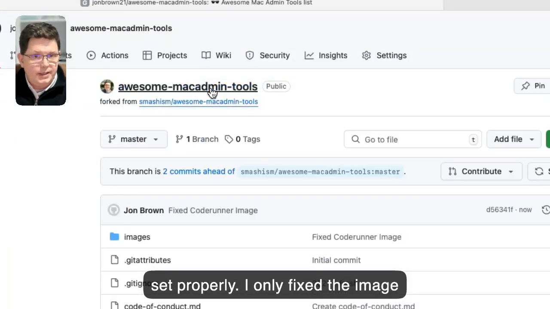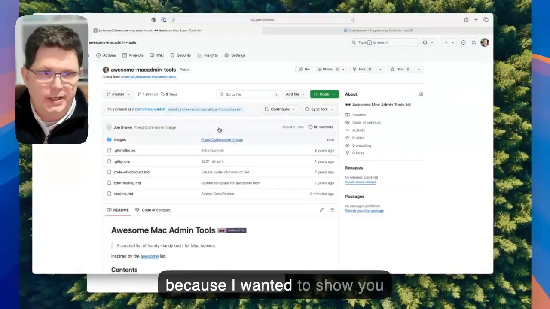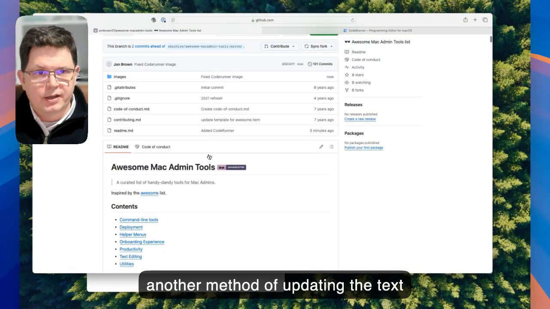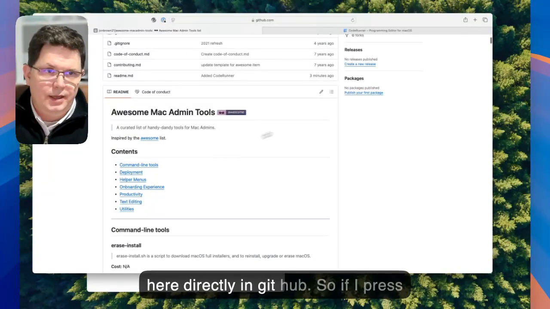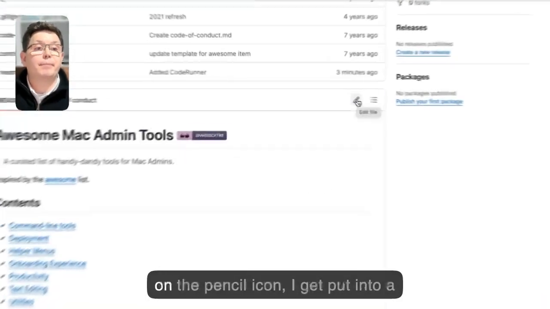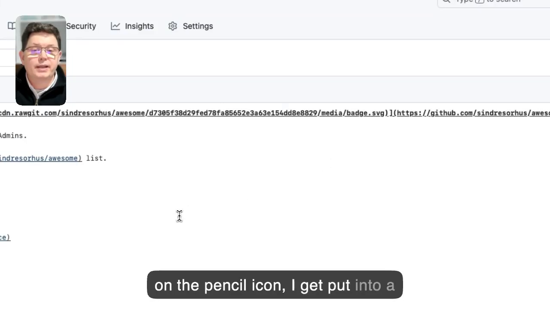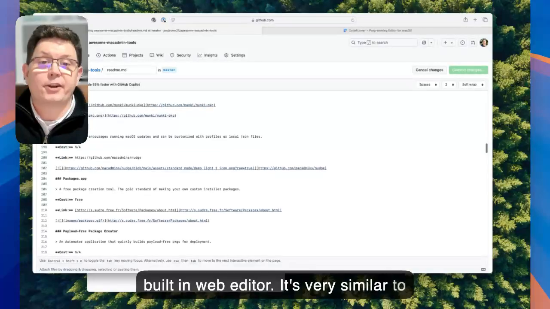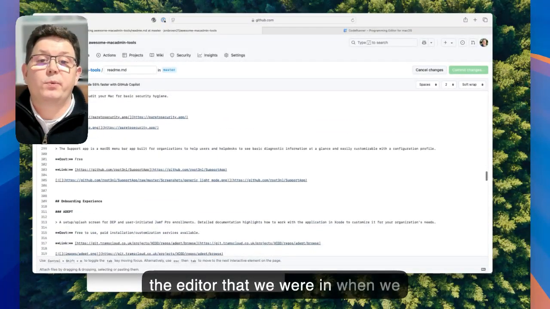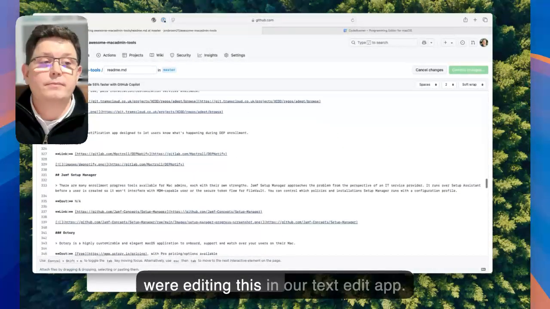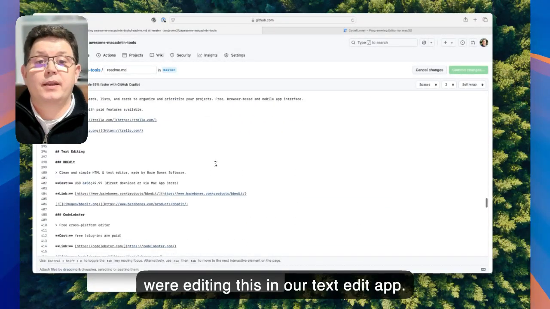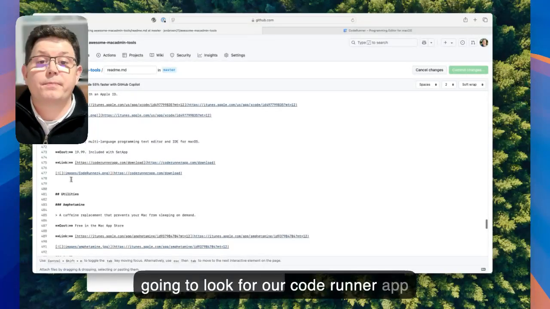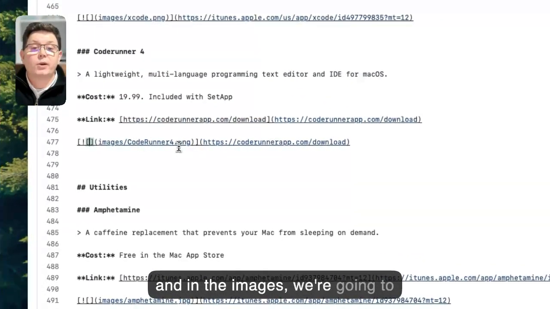I only fixed the image, and I did that on purpose because I wanted to show you another method of updating the text here directly in GitHub. So if I press on the pencil icon, I get put into a built-in web editor. It looks very similar to the editor that we were in when we were editing this in our text edit app. So what we're going to do is look for our CodeRunner app, and in the images we're going to change this to